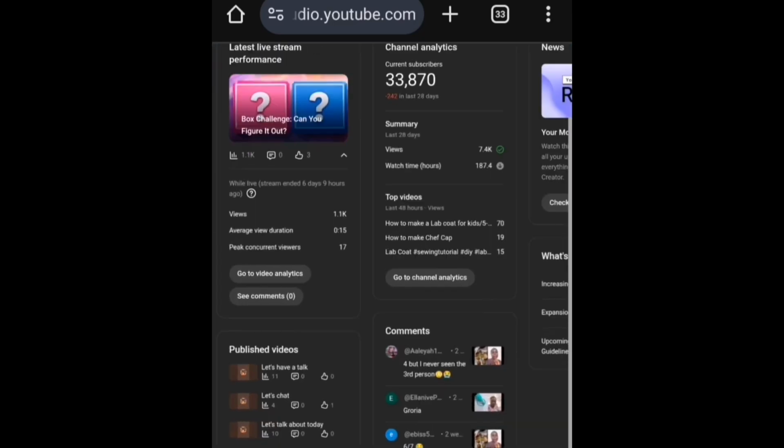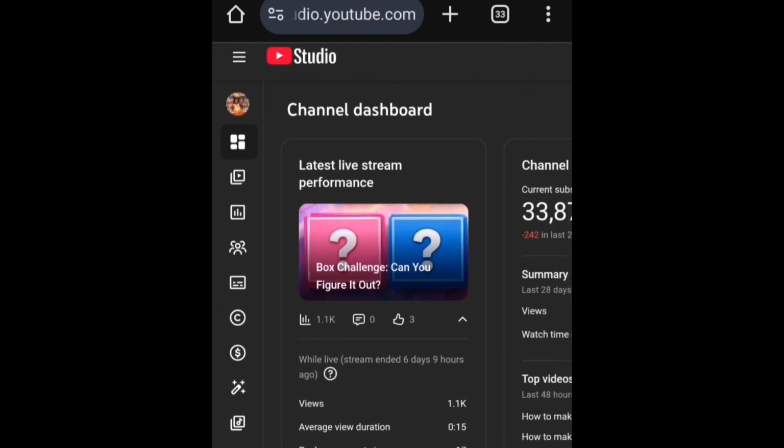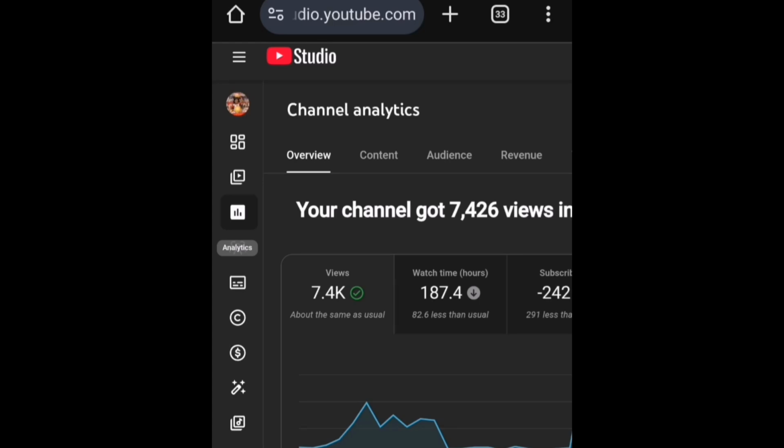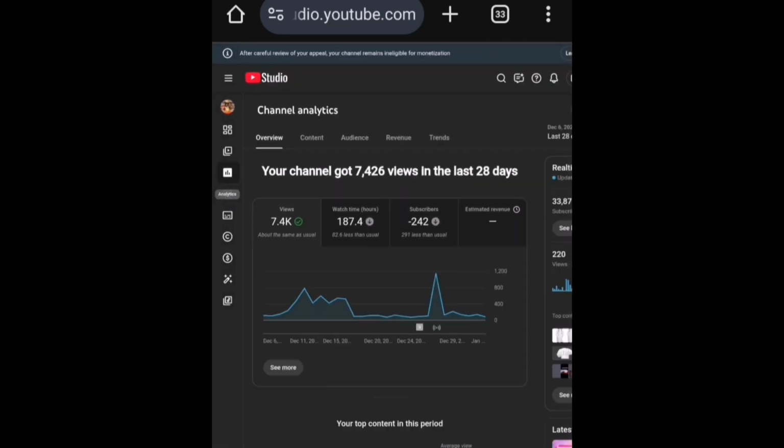Let me zoom it. So basically we're now going to go to our analytics, and that is the third feature here. So I'm going to click on analytics. Then I will allow it to load. So this is what we have: overview, content, audience, trends, and what have you. So you can see our views, our watch hours. So basically you will now click on see more. We want to see more options, then I'll click on see more,